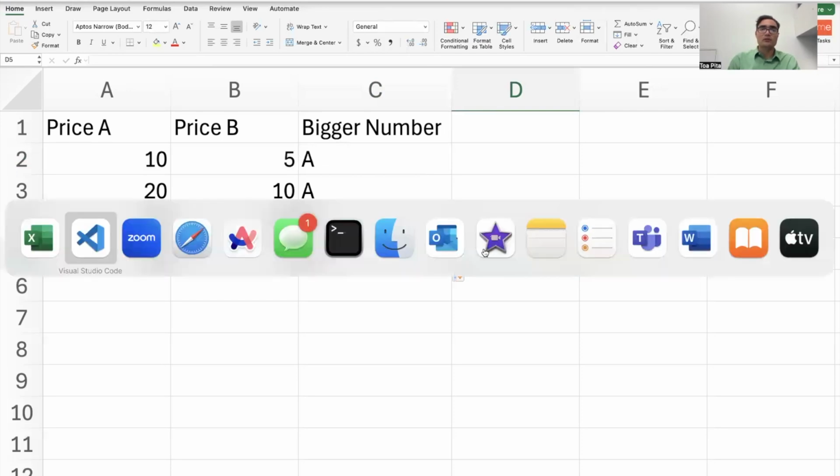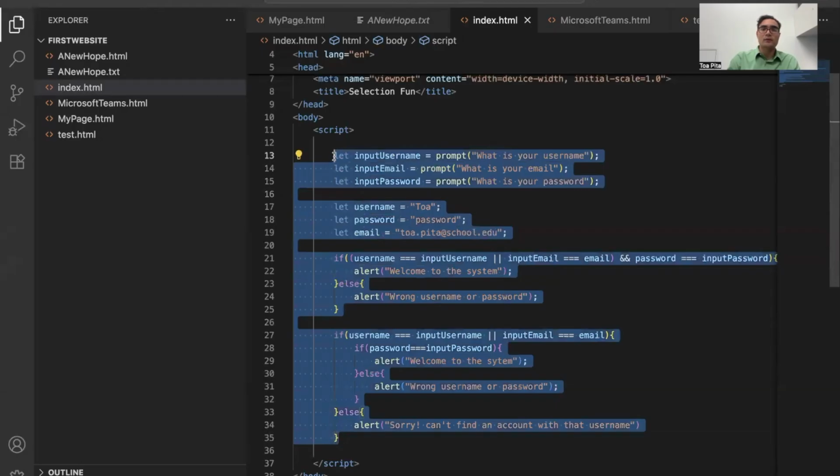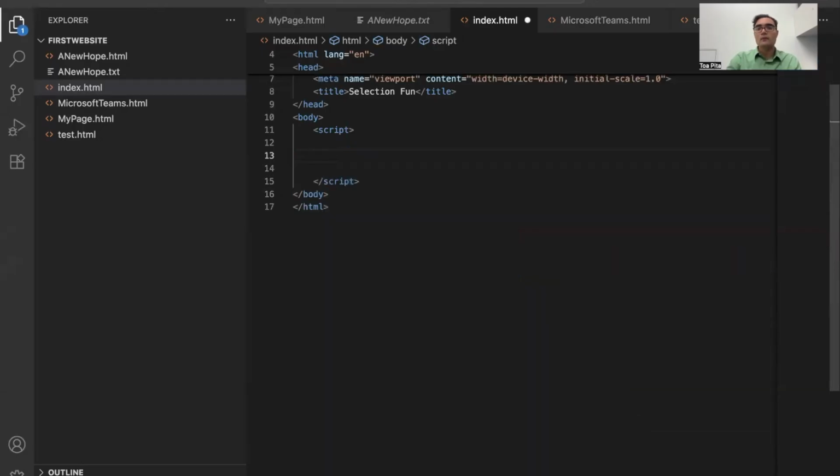So we're going to go over to Visual Studio Code, and I'm going to clear out a lot of the code that we wrote last time. So what we can do is we can say, if we want to use a ternary operator, the ternary operator works very much like that Excel if statement. So we can create a variable. We'll say let my variable